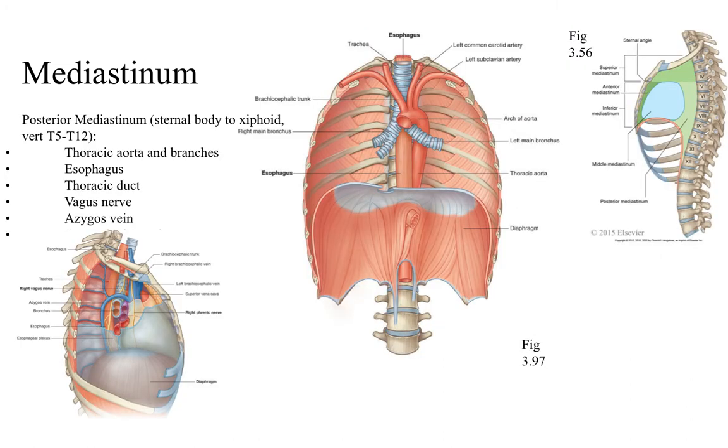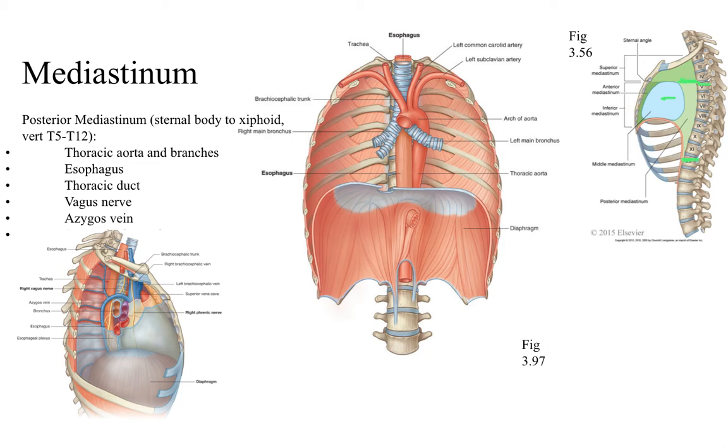And lastly, we have your posterior mediastinum. Posterior, of course, in relation to the anterior and middle mediastinum, and that is going to be inferior to the superior mediastinum. So we don't actually have an inferior mediastinum. We have the posterior. Everything else is inferior to the superior mediastinum. So the posterior mediastinum, notice that it goes from thoracic vertebrae 5 to all the way down to thoracic vertebrae 12. And in there, of course, you'll find everything that's going to be